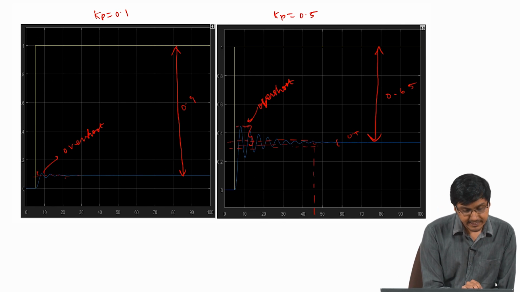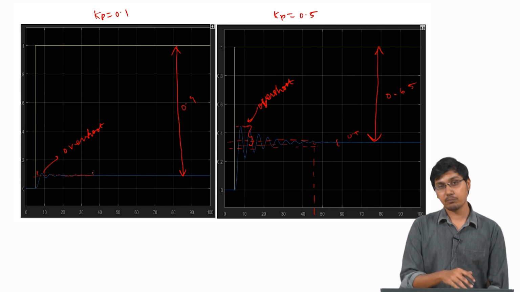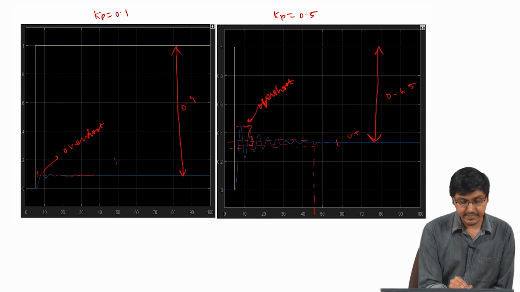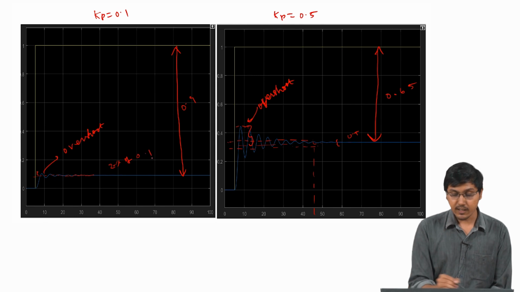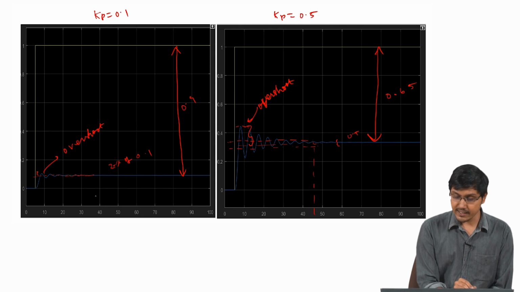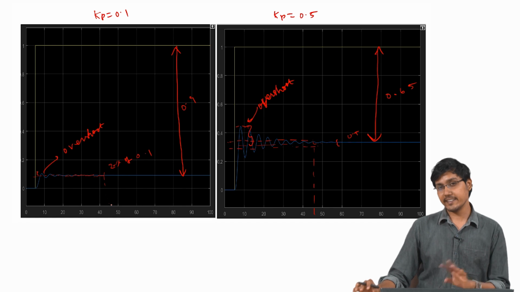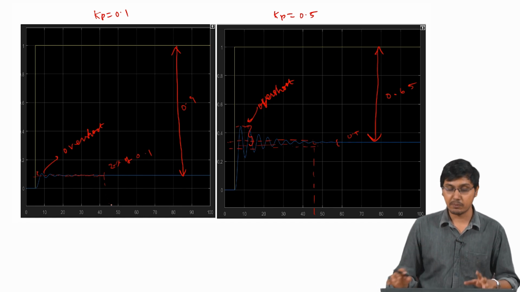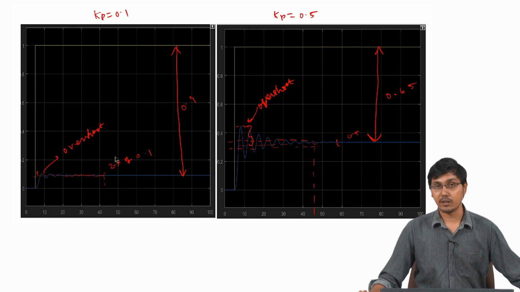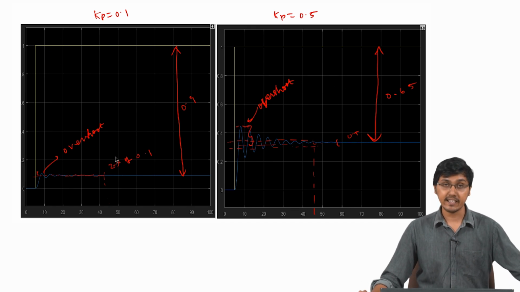and even here you can see it is going here. Since it is a smaller value, the 2 percentage is also smaller. So basically this is again 2 percentage of the final value here. So this is around 2 percentage of 0.1 and this is 2 percentage of 0.3 or something. So more or less the settling 2 percentage comes around here. So there might be some effect, but it is not a very appreciable effect as we can see from overshoot or the offset. So this is what we observe on what happens when we increase the proportional gain.